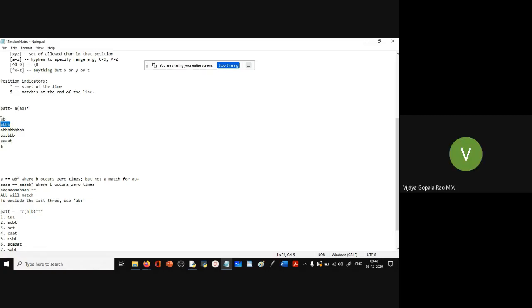Sir, only AB, sir, because it is inside parenthesis. Am I right, sir? No. It will not match only AB. See, the pattern is one pattern. Only if the entire pattern matches, the AB is also matched, and then we can extract the AB. But the pattern entirely has to be matched. This is the pattern we are specifying. The pattern should entirely match something in the string.